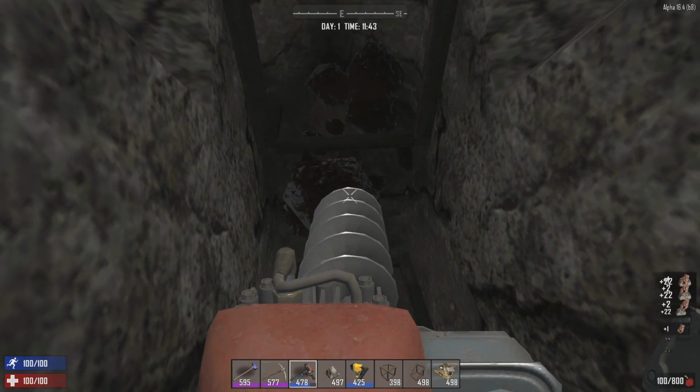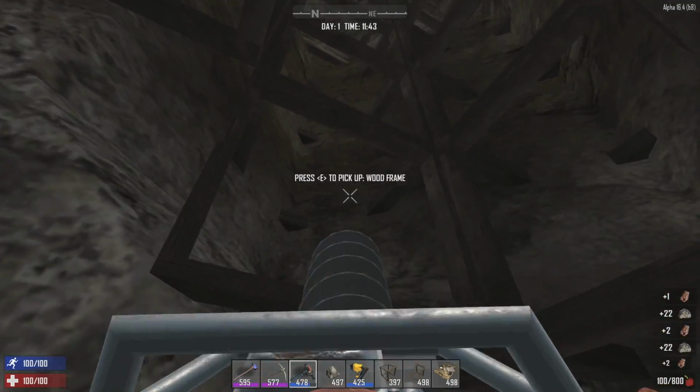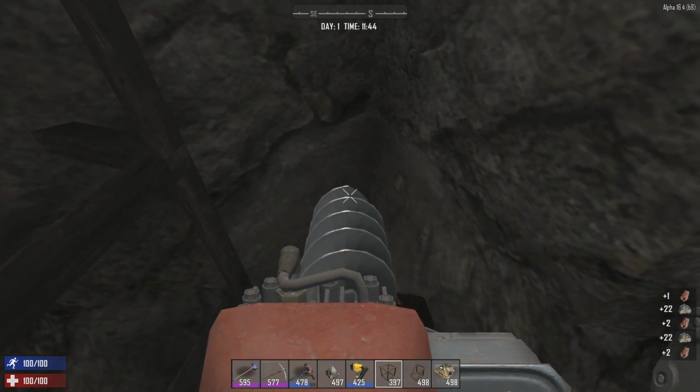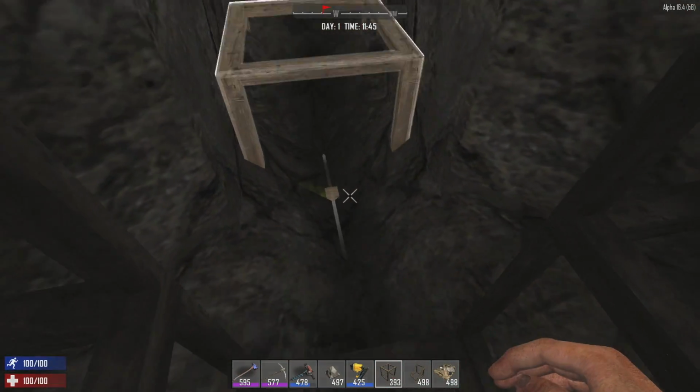Yeah. Knock this out. Put in our frame there. Perfect. Okay, so that's where the bottom is going to be. And now we just knock all these out and start framing this all in. There we go. And now we just kind of work our way